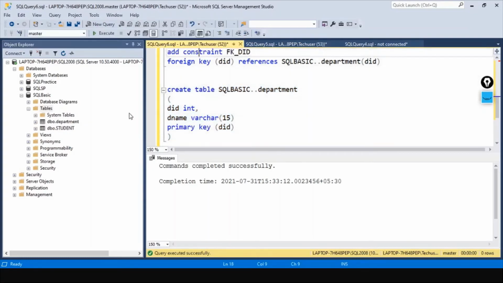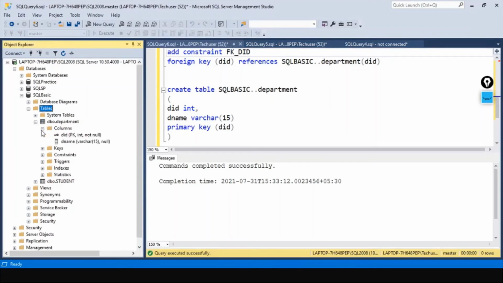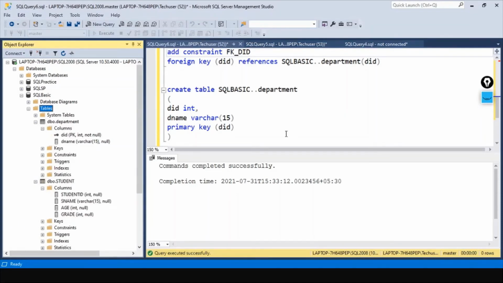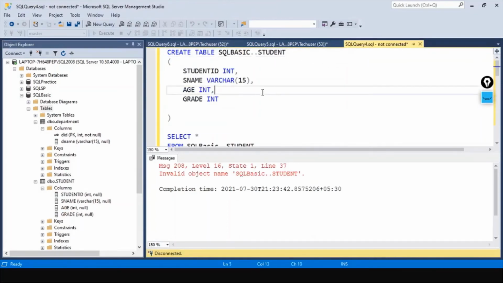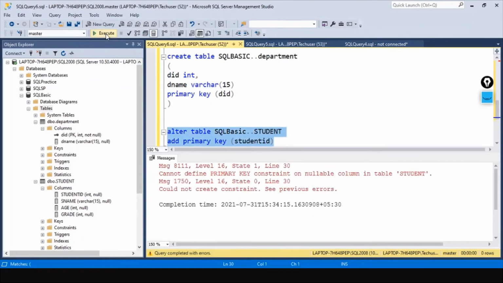Now I don't think we have a primary key in this table. Okay, we don't have. Let's add primary key to this table. Adding primary key.